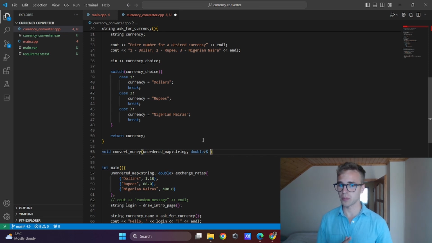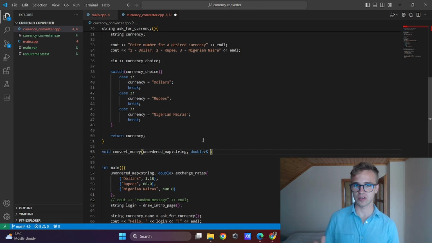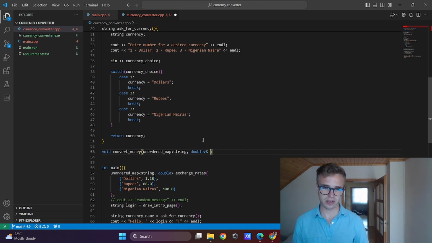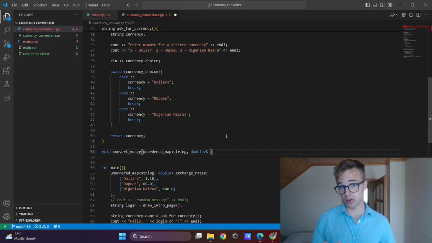We will talk about pointers, references, addresses in the next videos, but now the only thing to remember is that we saved space by passing the same unordered map to this function.